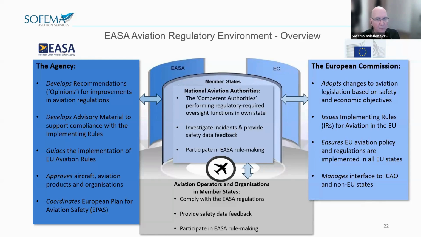The national aviation authorities of individual EU states, which are called the competent authorities by EASA, have certain responsibilities to establish the frameworks for approval and oversight of aviation organisations operating on their territory in accordance with the common EASA requirements, not their own. So member states cannot issue their own aviation rules. They can't deviate at all from the EU rules, nor can they make any other arrangements with other countries regarding aviation regulations.